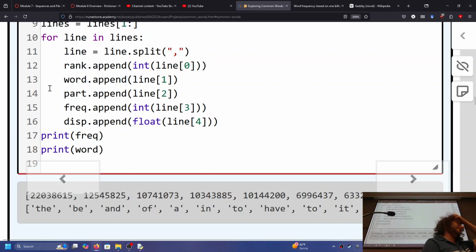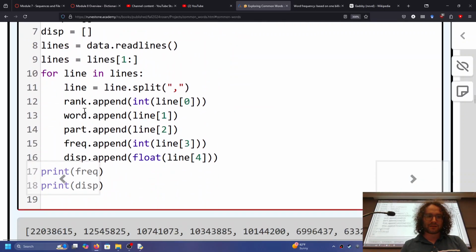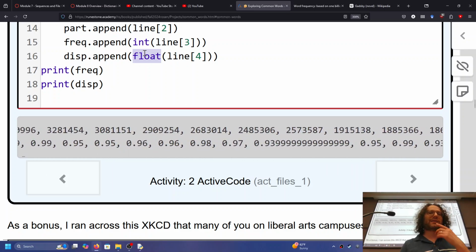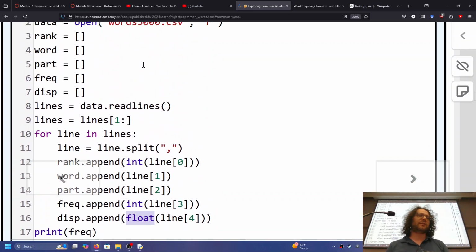Yes? In the dispersion part, there's like a \n. A \n at the what? For the last one. Like if you print out dispersion? Yeah. Does it give you an error? It's just like, after, okay, well, mine is messed up. I converted mine to a float, so. Okay, that's probably why. Yeah, if you convert it to a float, it should get rid of the